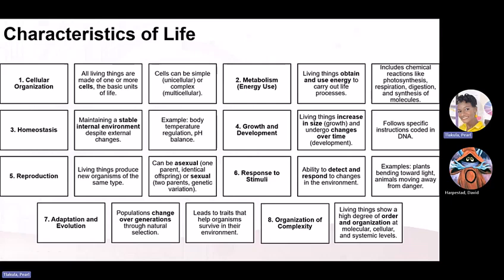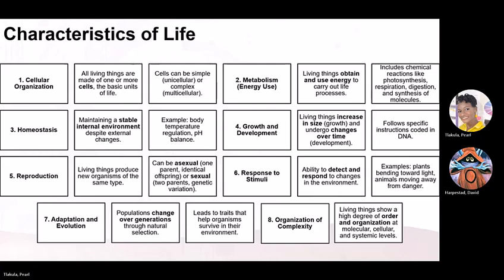So just to recap on what you have learned in grade 7, 8 and 9, I just want to remind you about the characteristics of life before we go on with our lesson. The characteristics of life are characters that define what living organisms entail. So if we say something is alive, we mean it has cellular organization. What does that mean? That means all living things are made up of one or more cells, which are the basic units of life. The cells can be